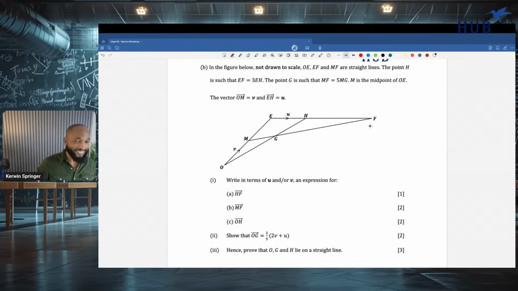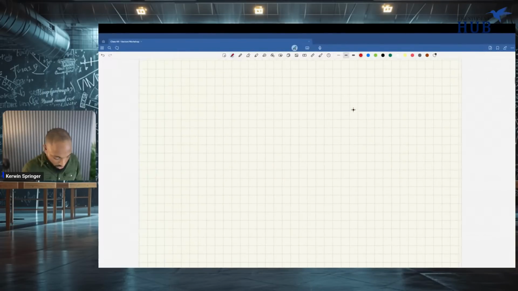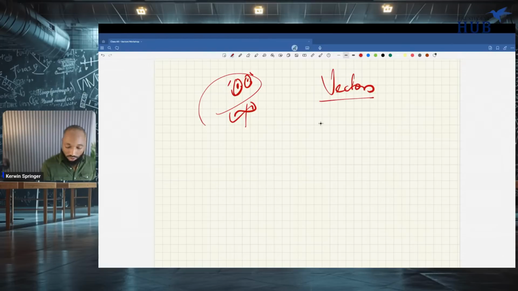Look at this. What do you do when you see vectors questions like this? This style of vectors, you can think of vectors as having two branches. I was telling my class this week: when you're studying vectors, you are so ready for the exam. Matter of fact, you want them to bring the exam tomorrow. Anyhow, when you're studying vectors, think of it in two branches.